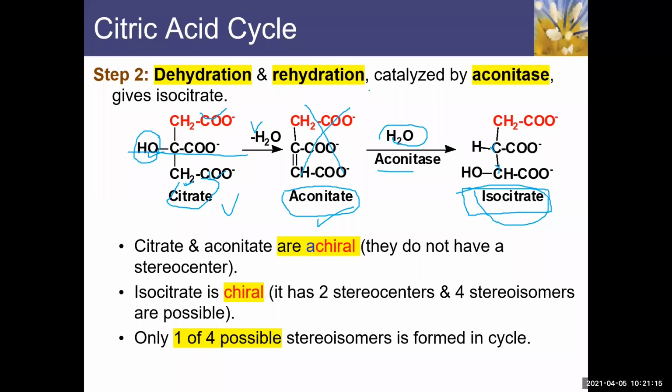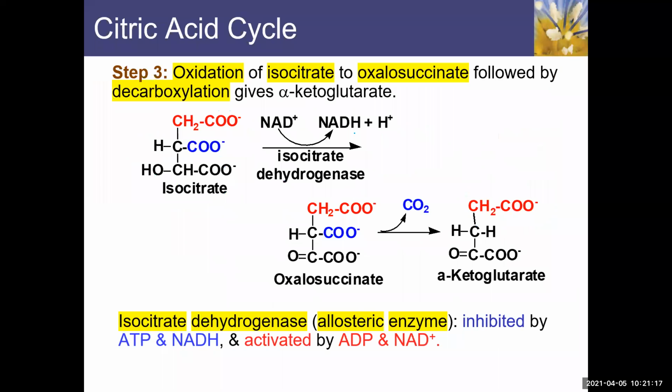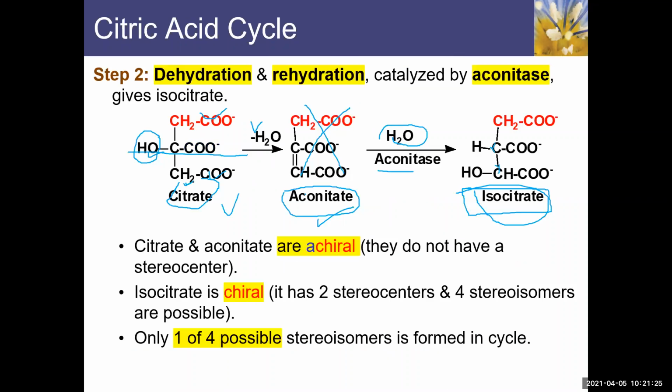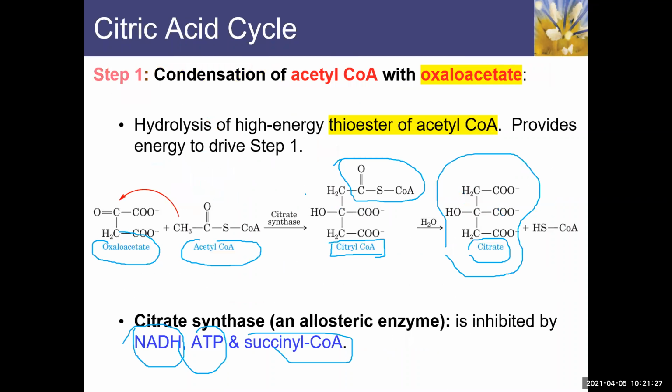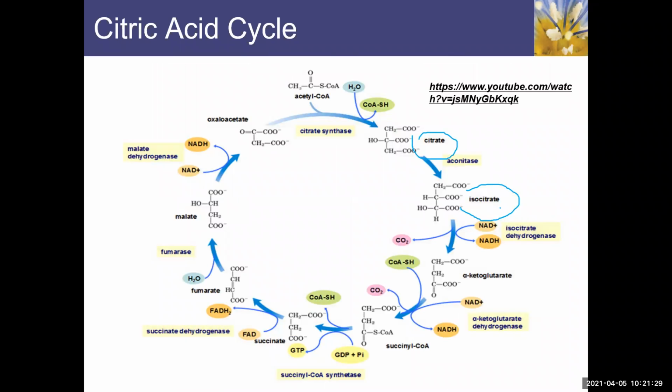Molecules are rearranged. Okay. Step number 3. If you remember, in step number 3, what did we say happened? We had isocitrate, right? Isocitrate was converted into alpha ketoglutarate. And I told you this is an important step. Why? Because this is the step where your carbon dioxide is released and you also form the NADH,